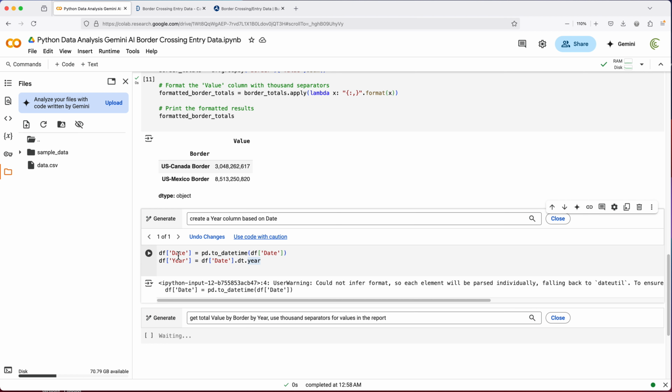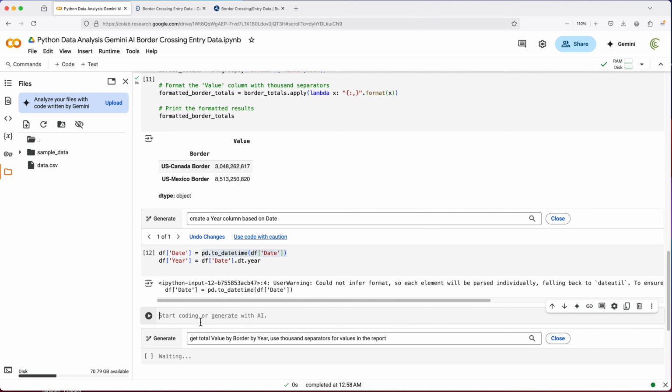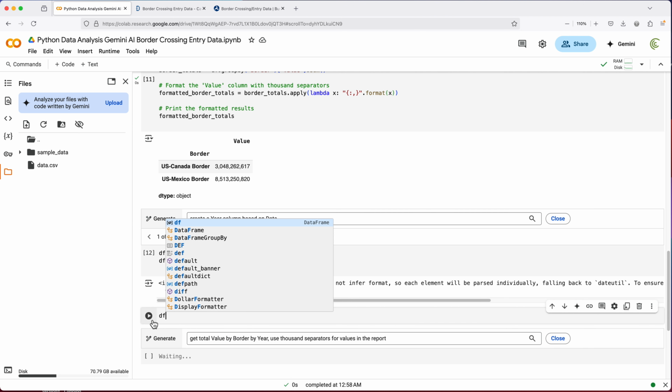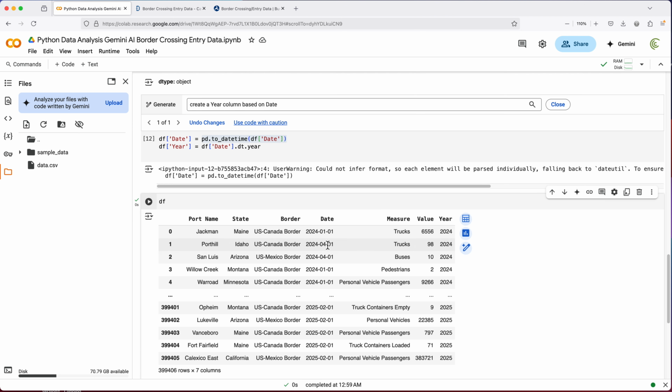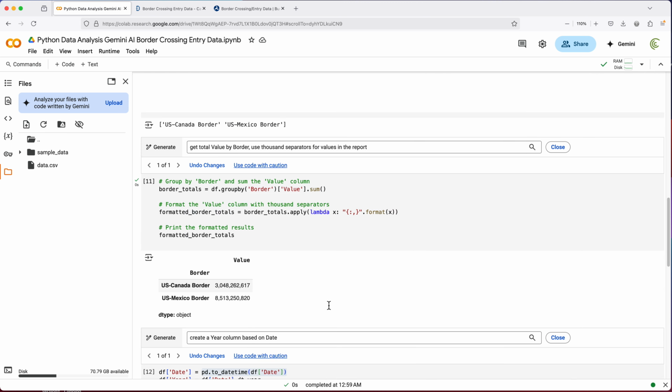It will basically overwrite. When it's doing this, df date, that means it's going to take the date column and make it equal this, meaning it's going to overwrite the existing date column with this, which based on what I'm seeing, it already ran. So let me show you what that looks like. If I go back and reopen this and look inside of the df, which is our original data frame, see those values we had here